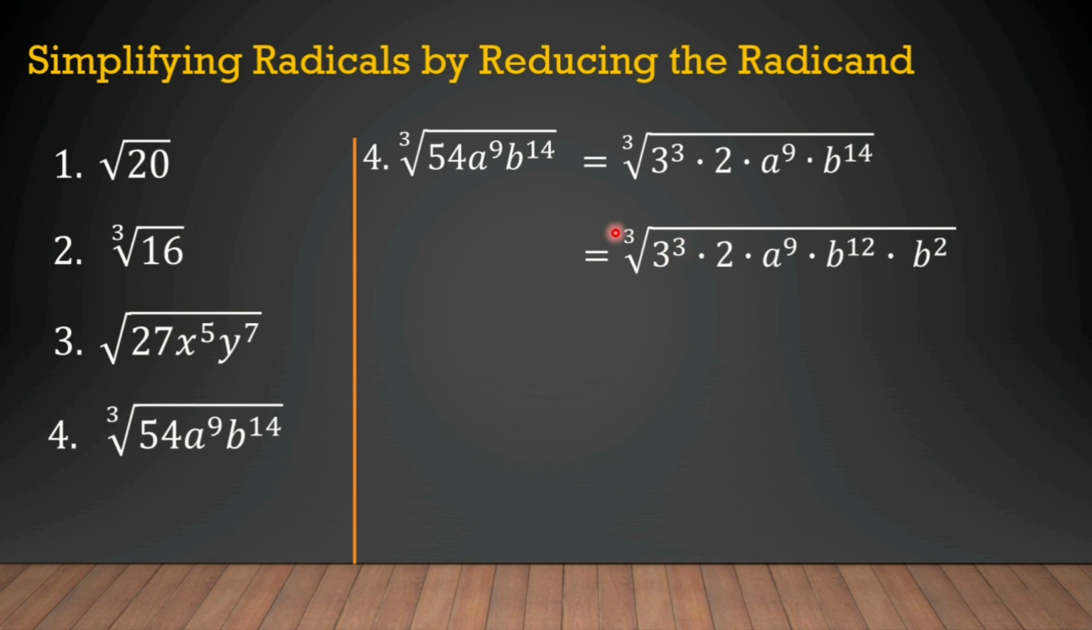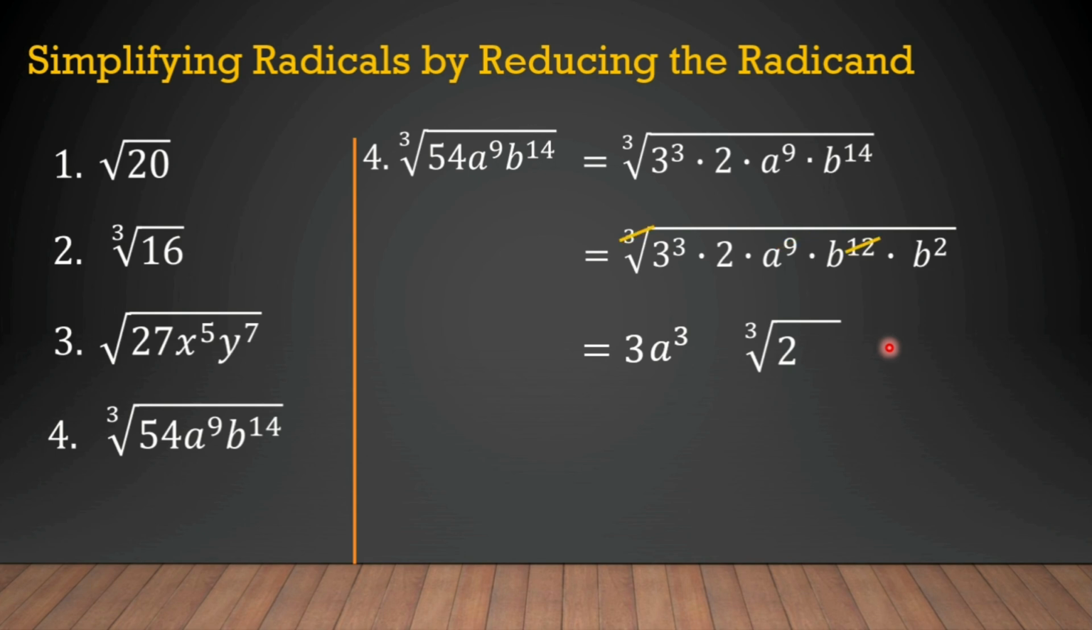Di-divide na natin yung exponent doon sa index. So, 3 divided by 3 is 1 or simply cancel. So, lalabas na yung 3 na yan. Then, yung 2 remain lang sa loob ng radical sign. So, the cube root of 2. Then, a raised to 9, 9 divided by 3 na sa index, and that is 3. So, we have a cube. Tapos, yung b to the 12,